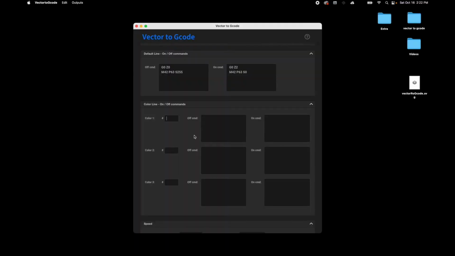Color line on and off commands. Here applies everything I just explained from the previous section, but you can also have commands for specific color lines in your file. If you want the red lines on your file to activate specific commands that are different from the ones on the previous section, all you need to do is enter